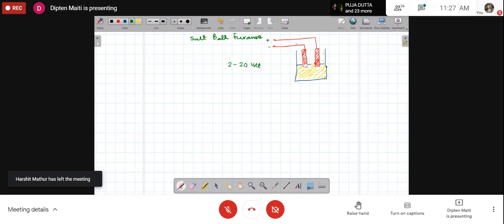Now let's say for the timing, it does not matter whether we are working in AC or DC. Let's consider DC to be fixed. So this is supplied by the positive polarity for the electrode on the right hand side, and negative polarity for the left hand side. This may be an AC also. In that case, you need to consider one instant of time.